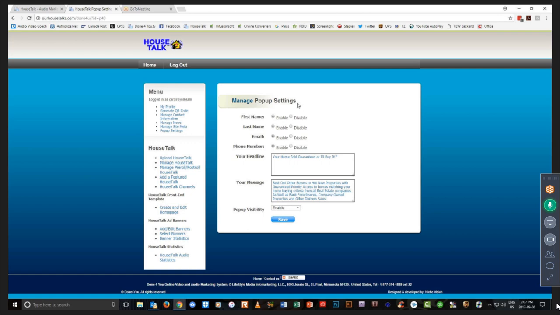you're going to see a few features here. You're going to see first name, last name, email, phone number, headline, message, and then pop-up visibility. So right now for pop-up visibility, it's enabled. I have enabled it personally for Carol's account. For your account right now, we have disabled the pop-up for everybody. So you will have to go in to your control panel and click on the enable button to have this